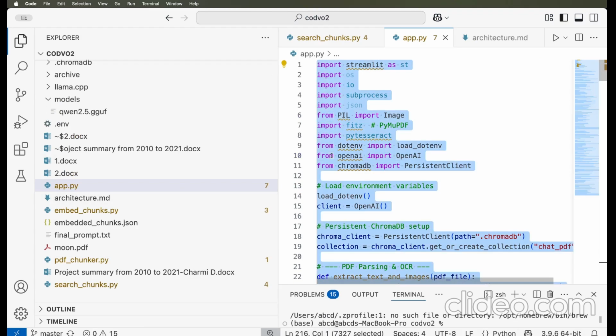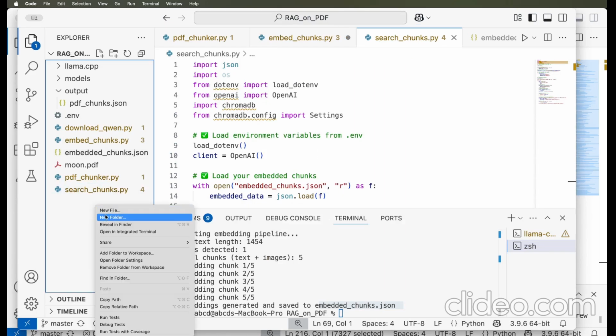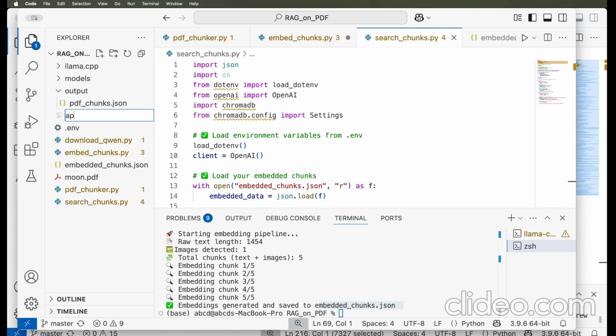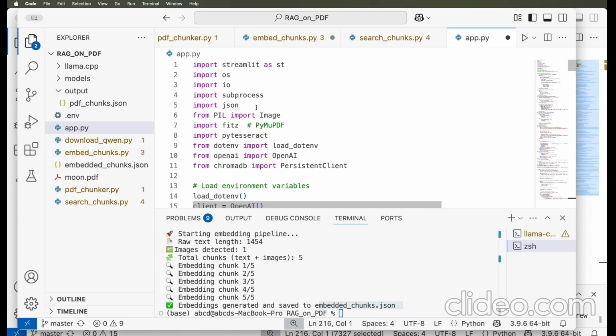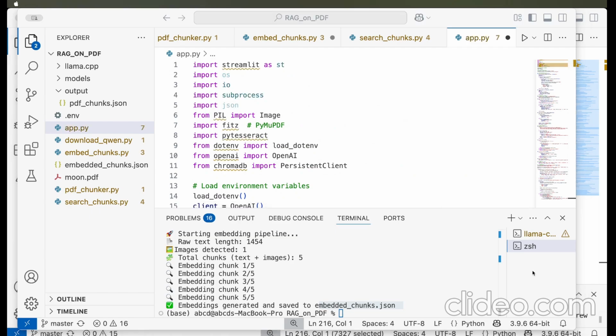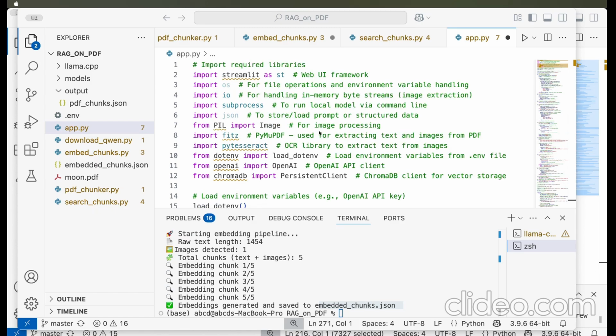I'll take this and I will make another file here in our project. We'll make this app.py and I'll explain you every single line of code. Okay, so first of all, we have these Streamlit and different other libraries that we are going to import. Okay,